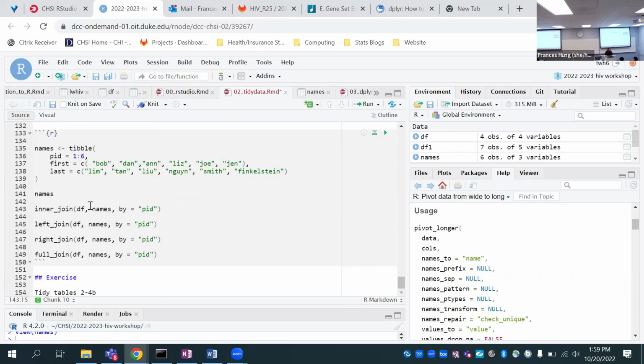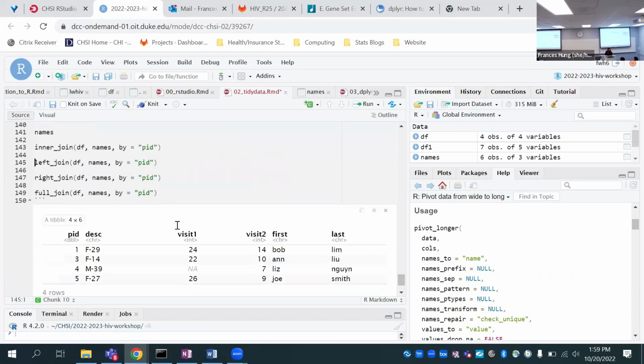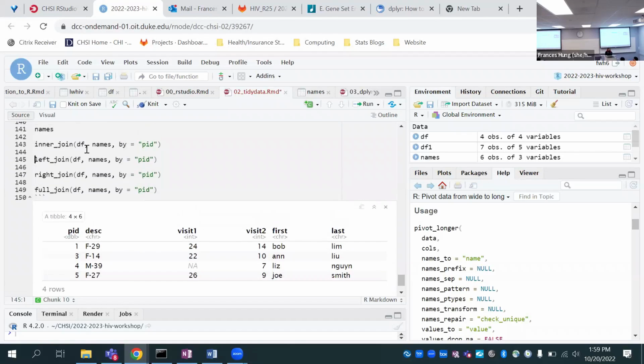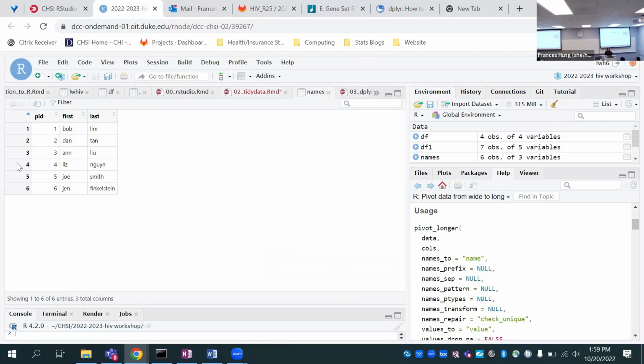So this inner join, you can see, joins. Sorry, this DF is the original untidy one, but the same thing applies to our tidy data frame. So you can see that the two data frames, names and DF, have only the PID column in common.